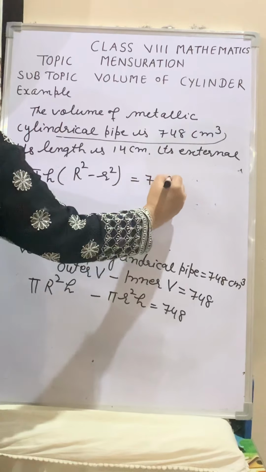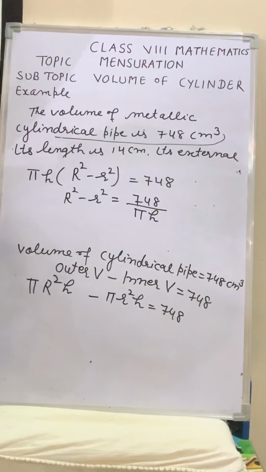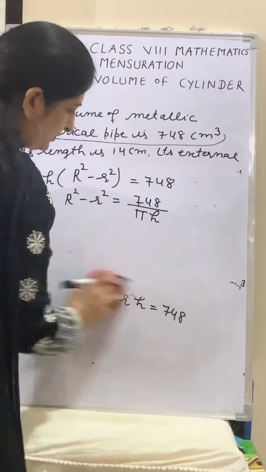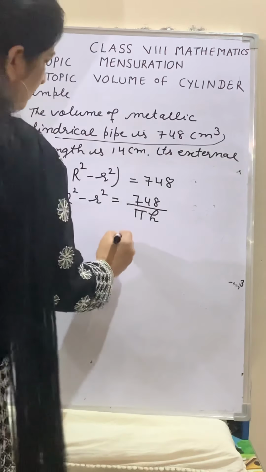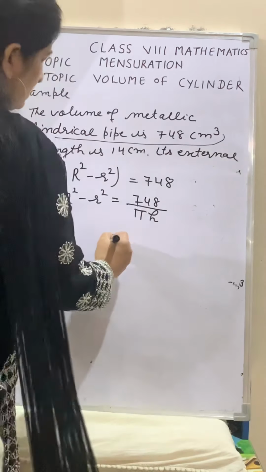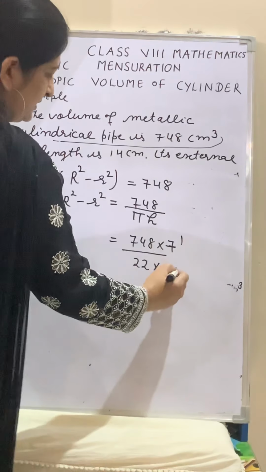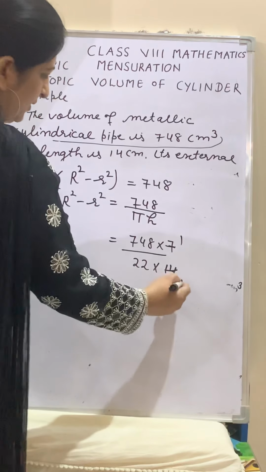We will shift pi h to the right hand side in the form of division by pi h. We will solve it. How? 748 times the reciprocal of pi, 7 by 22, and what is the h? 14. 7 ones are 7, 2s are, and 2 ones are